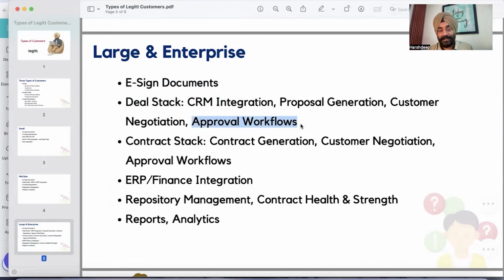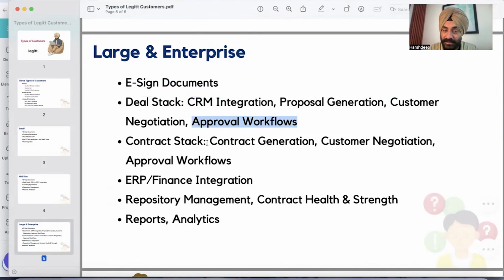So we can build. Legitt AI helps build AI native workflows. When I say AI native workflows, the AI engine recognizes that, okay, if this is the exception that we are going for, whose approval is required? Because sometimes the sales guy might not know whether we require an approval or not if things are happening offline. But the AI knows. Legitt AI knows that, okay, if this is the delta or this is the deviation from the standard template or the standard pricing that we have, now it should go for legal approval, or it should go for business approval if you are changing the pricing that we agreed with the customer.